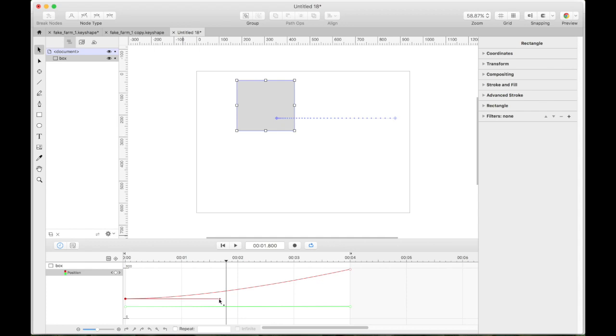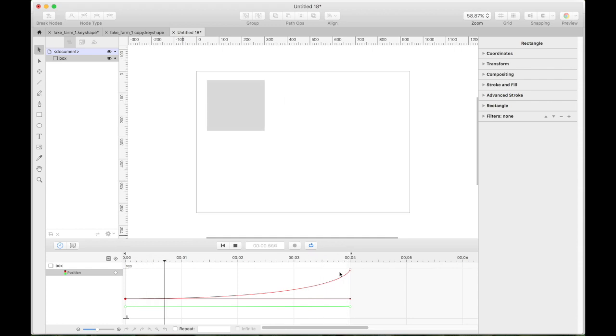And so what this is doing is it's a timing feature: the flatter it is, the slower it goes, and the more vertical it is, the faster it goes. So if I move this thing all the way out like that, it's going to go really slow, and it's going to pick up speed like that. So slow, and then it kind of goes real fast. Slow and fast. And then I'm going to go over to this other one, and I'm going to try to find another one. I think it's that one.